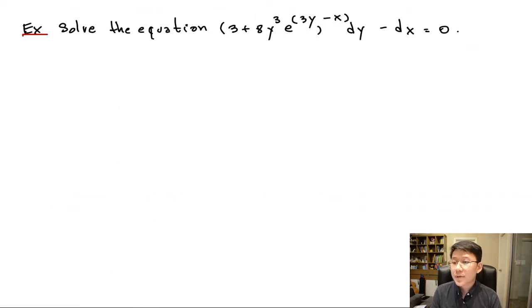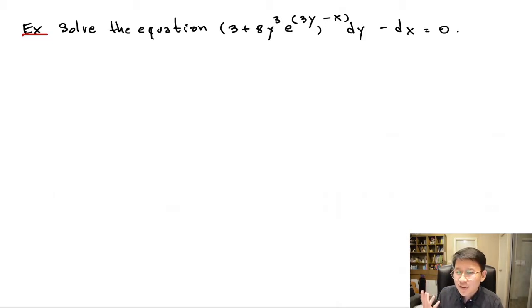Okay, let's look at another example. This one is a bit more tricky. I don't think it's separable. At least from what I see here, it's not separable. You can check whether or not it's homogeneous. I don't think it is. And assume that it's not exact either. Assume that it's not any of those. Not that I can see. So to solve this one,